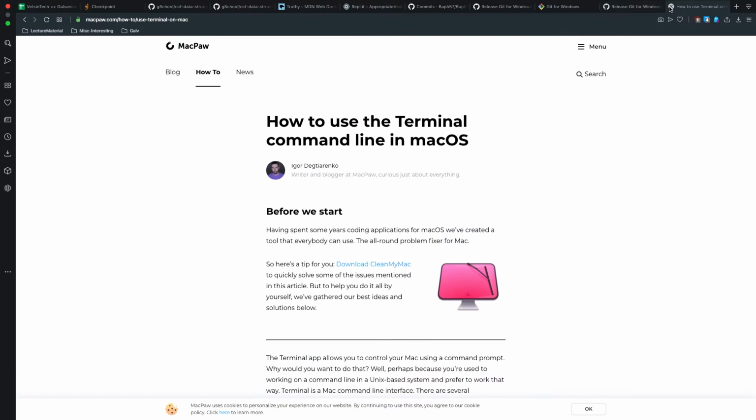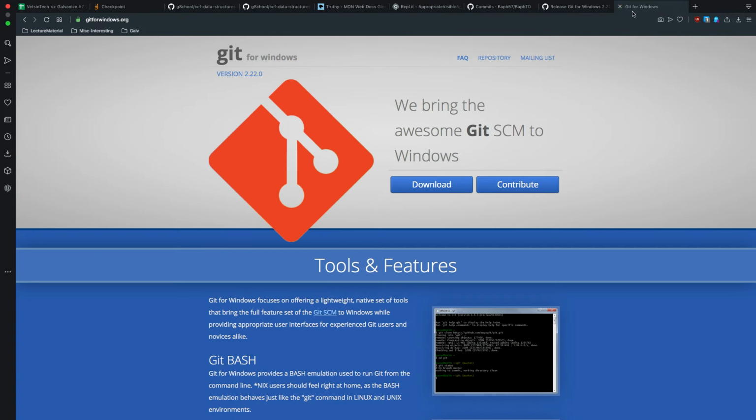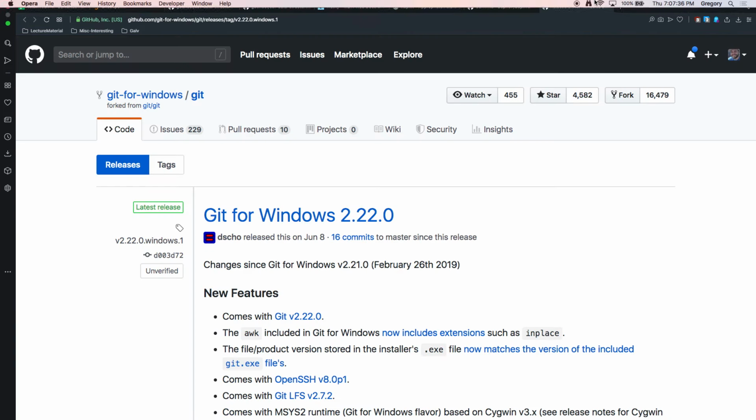That would be the process of using Git and how you would actually get a repository onto your local machine, but I'm going to stop the recording so I can go